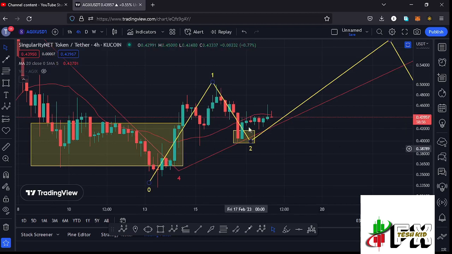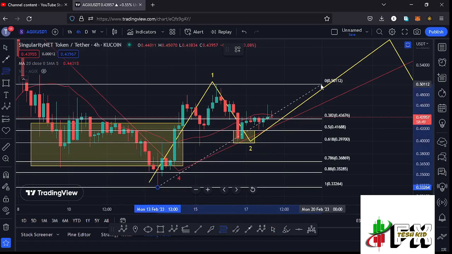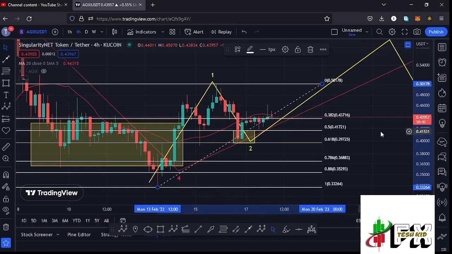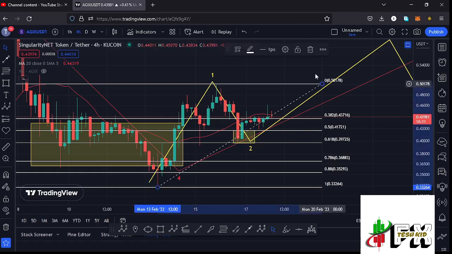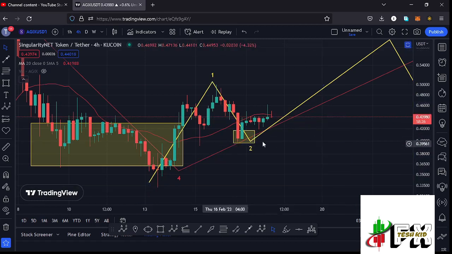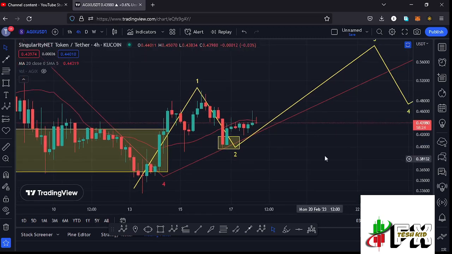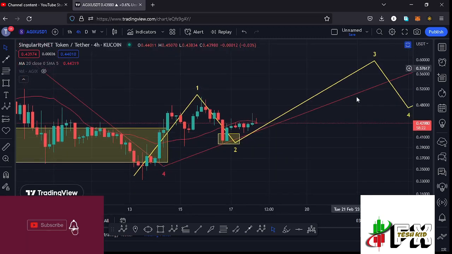And getting to see whether the second wave down here has done the minimum that we expect a second wave to the lower side to do, by connecting the fibs from the low of the first wave to the high of that wave 1, that gave me a minimum retracement area in the formation of that wave 2 between the fib level 0.5 and the fib level 0.618, which lies between the $0.41721 mark and the $0.39725 mark. And it is within this yellow target area that I was expecting to see the low for that second wave. And you can see we have fully maximized our target area down here in the formation of this wave 2, and what I'm expecting next is a massive bounce to the upside in the formation of this wave 3,